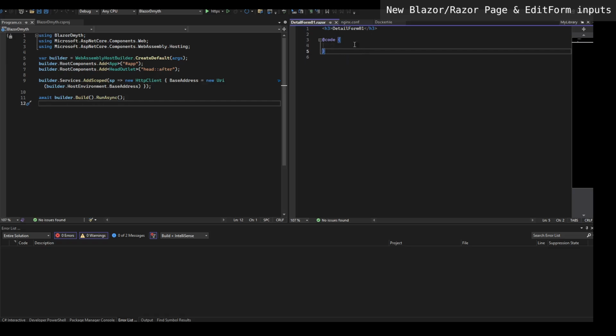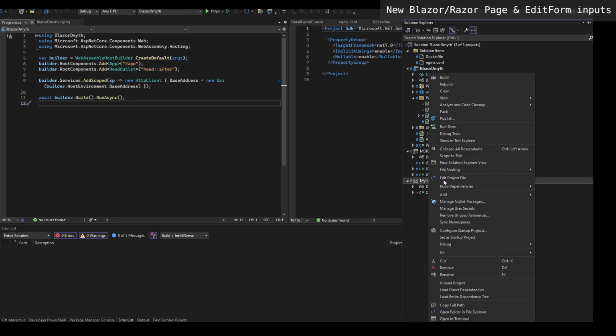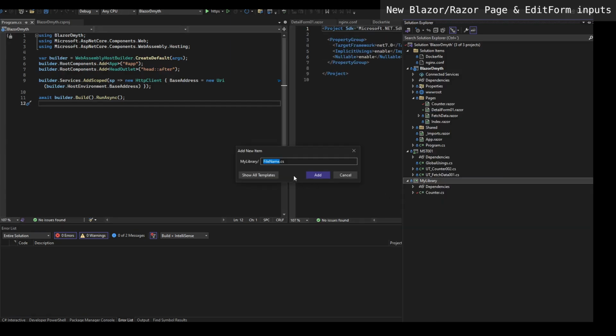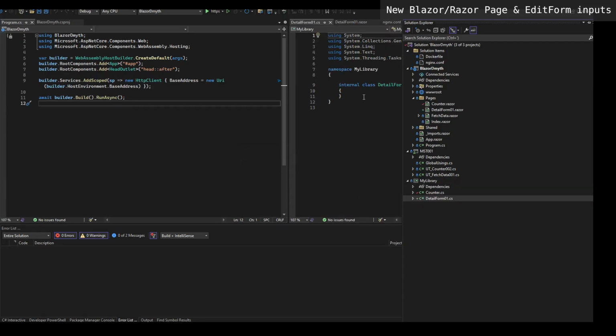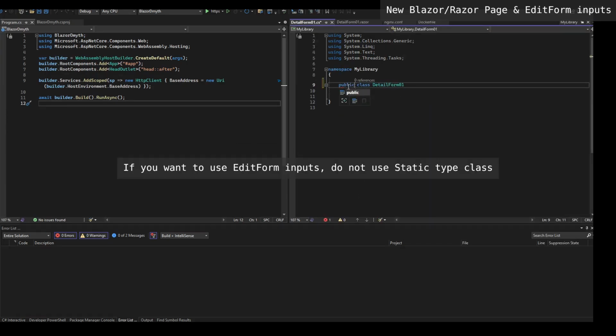I called the detail form 01. You can name it whatever you want if you are following this tutorial or this review in order to learn Blazor. After that, I create an entity. This entity,